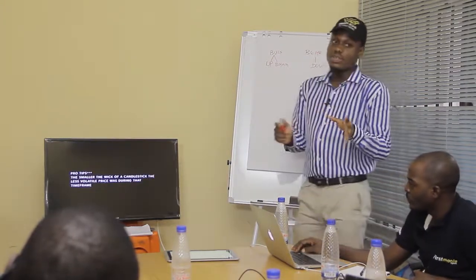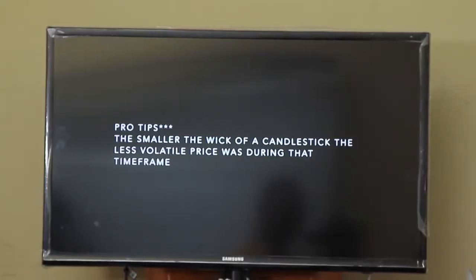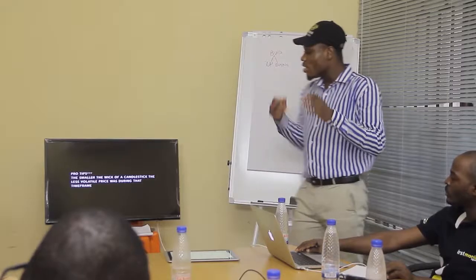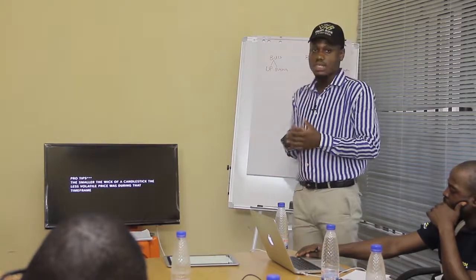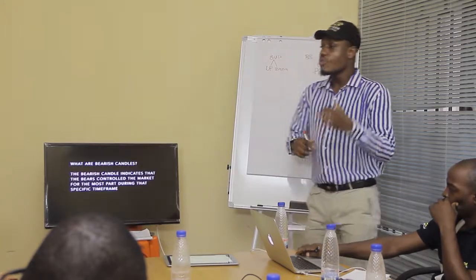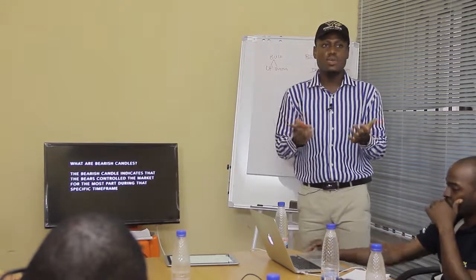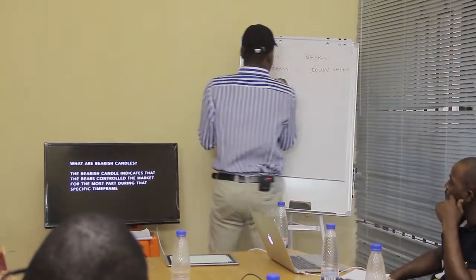So now let me just tell you a little secret. This is my secret. The smaller the wick of a candlestick, the less volatile price was during the time frame. The smaller the wick of a particular candlestick, the less volatile price was during that time. Some people, not everybody, likes GBP USD. Why? Because the GBP